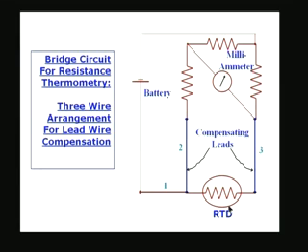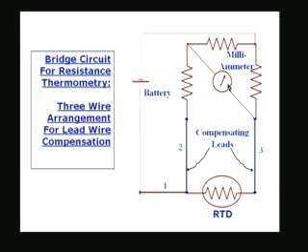That means, when the RTD is at 0 degrees, if I choose such that these two are equal, then I will have to choose this equal to 100. If the RTD is a PRT 100, Pt 100, I am going to have 100 ohms here, for example. Now, when the temperature changes, this resistance increases, I have to increase this resistance, so that the balance